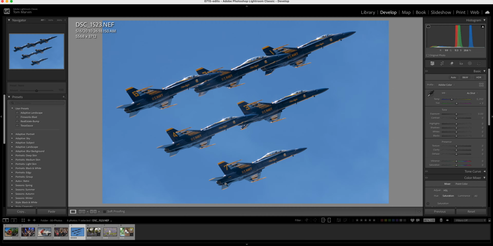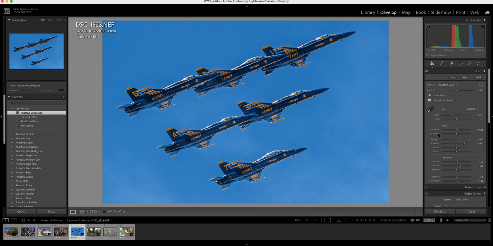Now, once you start using adaptive color, you may want to set a preset that uses adaptive color. And I've done that. I use adaptive landscape preset here on this one. So it's going to change it to adaptive color, and it's going to change some sliders over there. So let's use that. Changes the sliders like I did before, brought down the highlights, brought up the shadows,